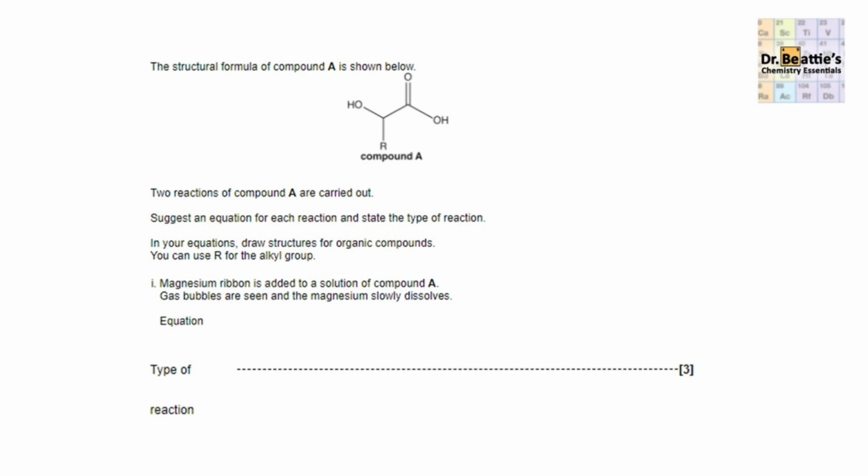Okay, so you can see here we have a carboxylic acid in our molecule, and then we also have an alcohol that won't react with the magnesium, and they've given us a clue here that gas bubbles are seen. You need to know that obviously an acid plus a metal, magnesium, will give you a salt and hydrogen as that gas. Now the equation is going to be making this structure into